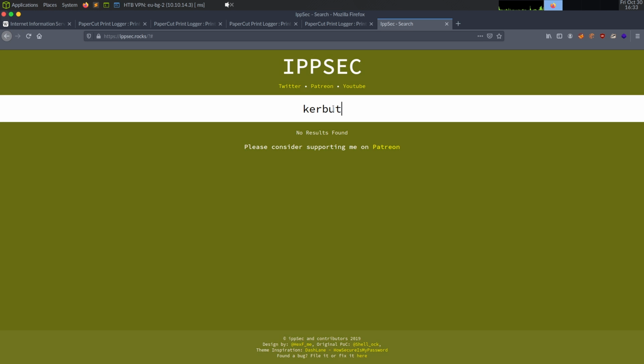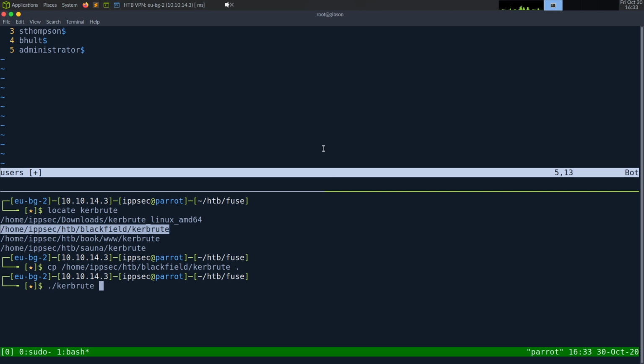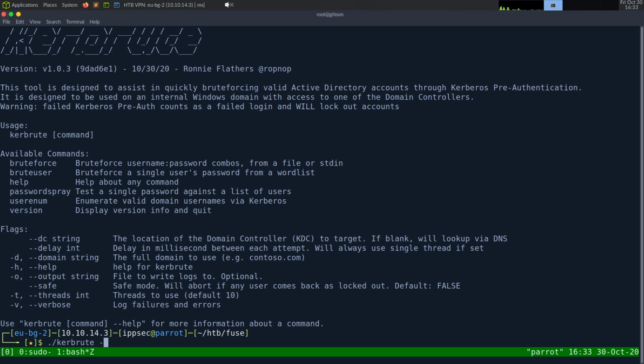If you don't have Kerbrute, you can just go to GitHub and install it. If you want to see other things, again, just go to ipsec.rocks, type your query, and you'll get links to what you want to do. So kerbrute -h to get help. And we're going to want to do the user enum. And let's see, probably the domain string,